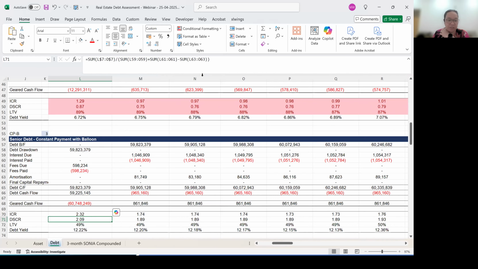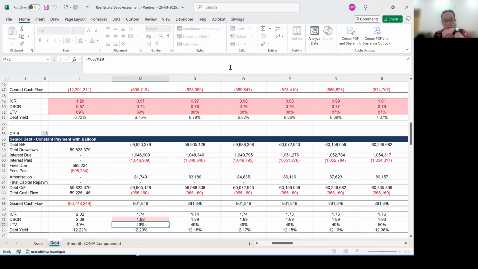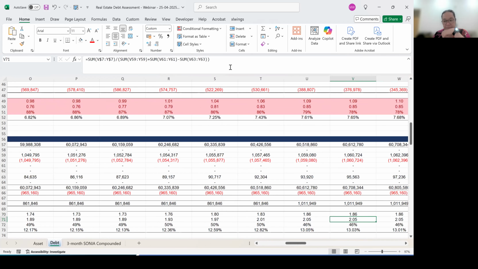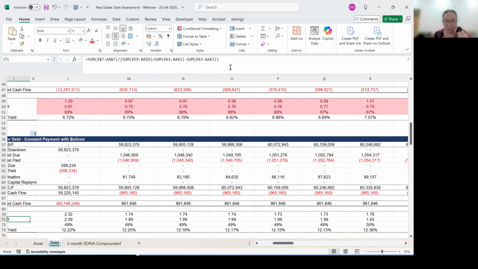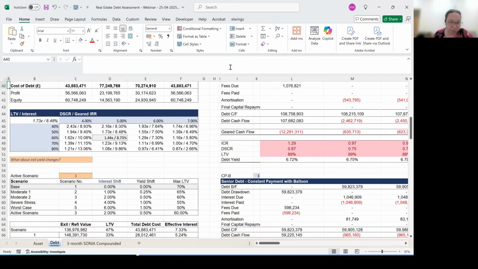So you're going to have here your DSCR and your ICR, and then you're going to say, okay, if it's 50%, then it means that you're not going to have this, your covenants, right? So in that case, you're going to say, okay, I cannot borrow the whole thing